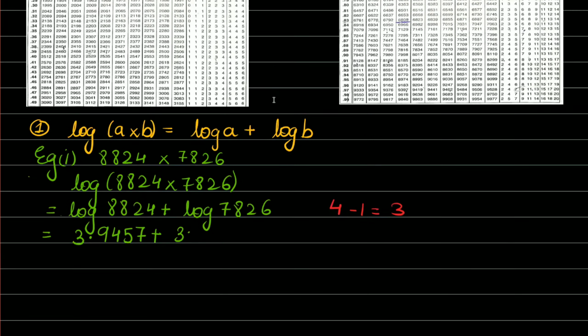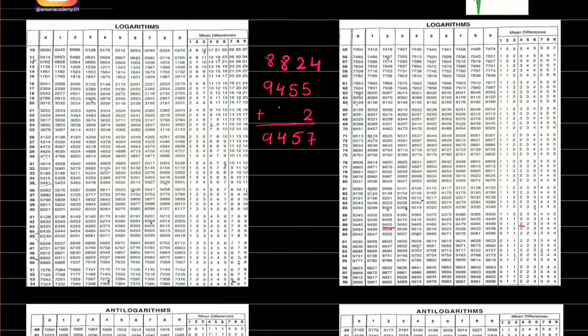Now we have to find the log of 7826 from the log table. Firstly, we are going to see the value 78 in the log table. The value 78 in the log table is over here. In this row, we have to find 2. In this 2, we get 78 into 2, we get 8932. So we are going to write over here 8932.